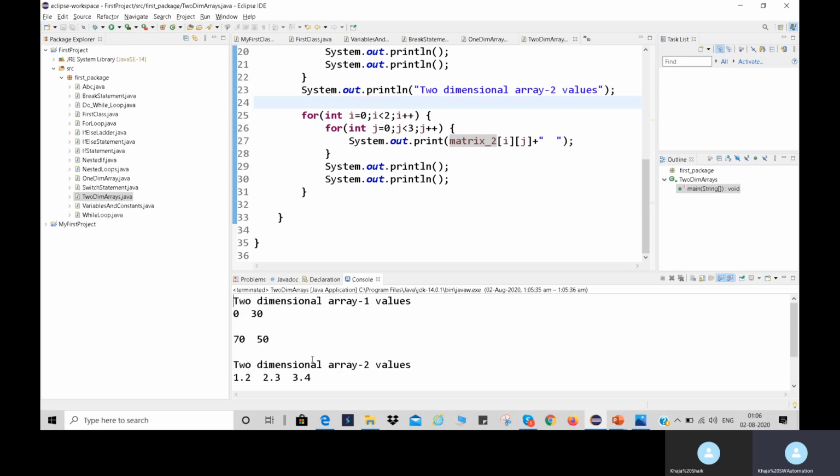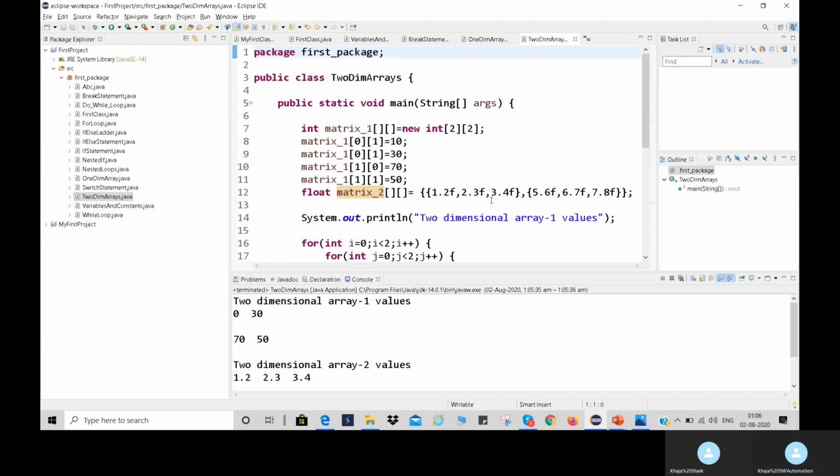Okay, so I'm coming to here, 0, 30, 70, 50. Why has it displayed 0? Sorry, see, here I specified the wrong number. I need to specify the 0th row, 0th column. Now it will give the correct value. So here it is showing the default value 0. Actually the value was not assigned in the 0th row, 0th column location. That's why it is showing the default value 0. But actually I stored 10 there. By mistake I specified the wrong location.